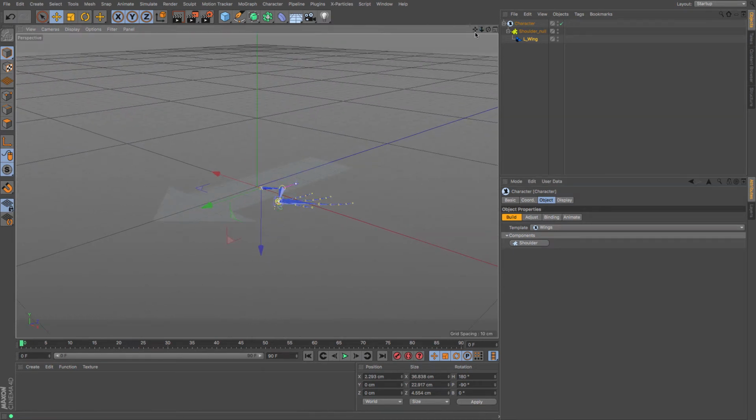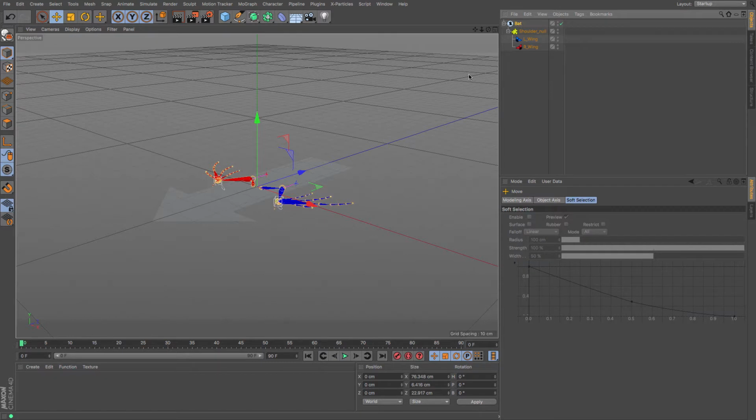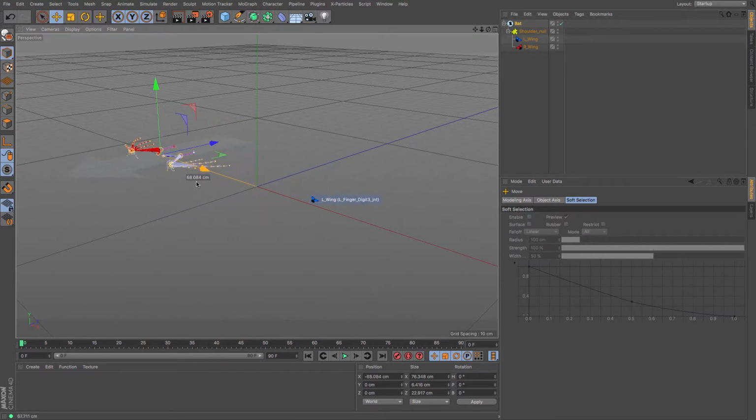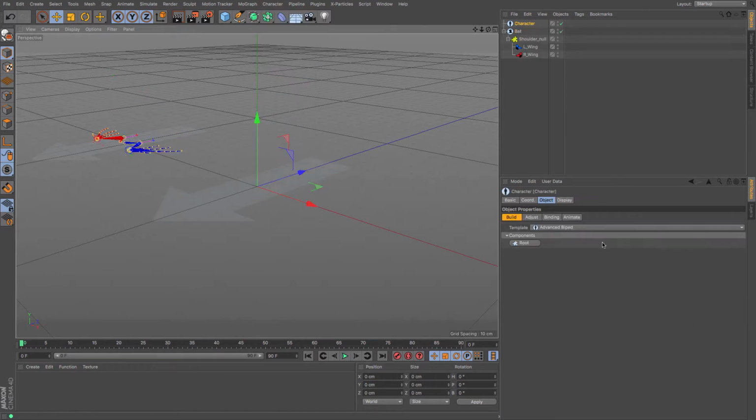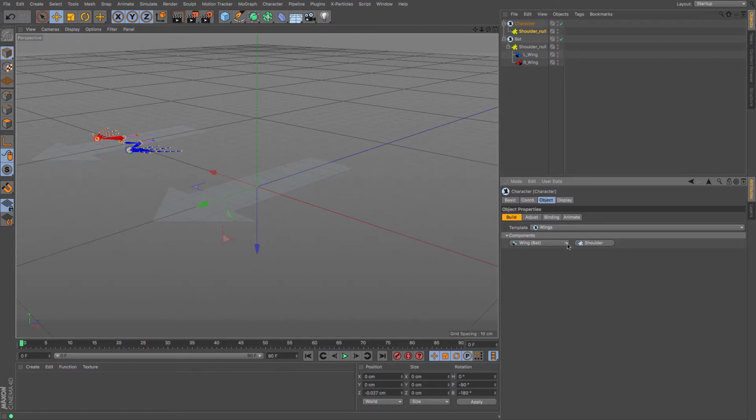which creates that one side, although perhaps it would have been wise to have held down control, so I did that. So I've got both sides, and I'm just going to call that bat, and then I'm going to move that entire controller out of the way. Create another one, so characters, change it to wings, create myself a shoulder, and then I'm going to create bird wings, and then I'm going to